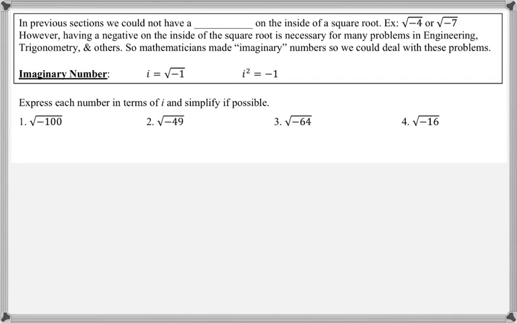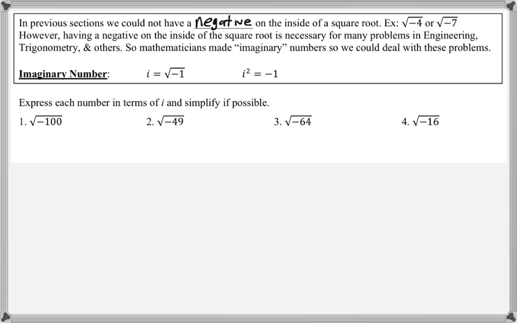In previous sections, we could not have a negative on the inside of a square root. So if we were given the square root of -4 or the square root of -7, we would just say that these are not real numbers, or you could say no solution. However, having a negative on the inside of the square root is necessary for many problems in engineering, as well